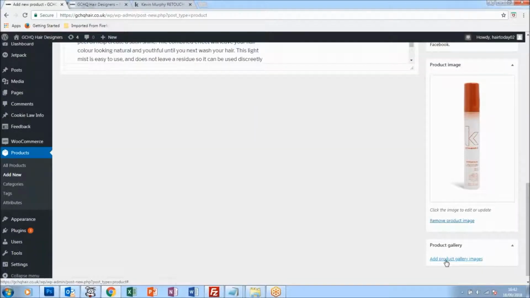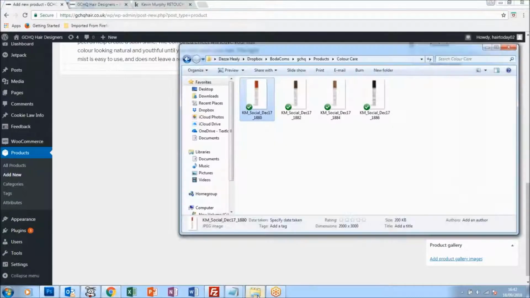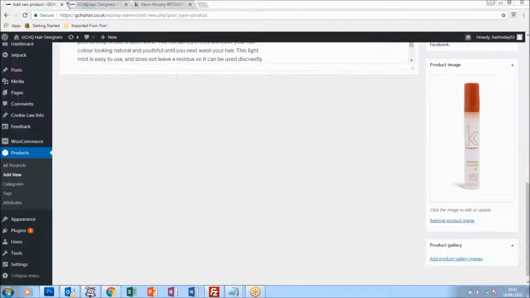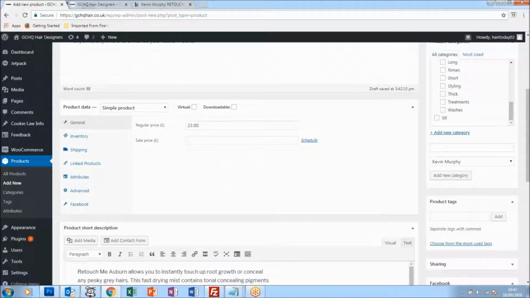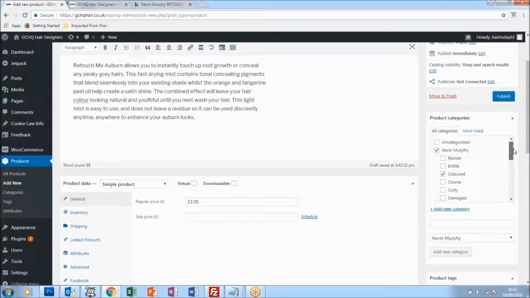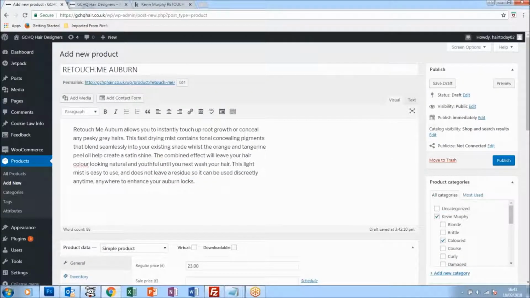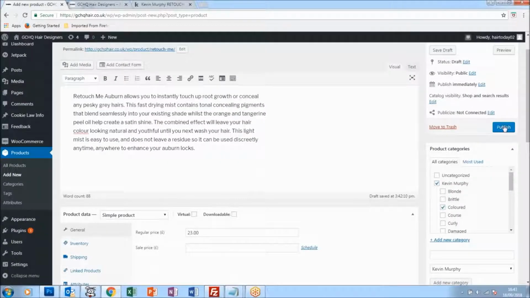Now you can also add additional images. So let's say for this particular product, we have loads of other images for it. We don't, we just have the one. You can then set any other images associated with that product in the product gallery images. We haven't, we just got the one. So let's have a look. I'm quite happy with that. Just going to check my categories. Yep, Kevin Murphy, etc. Happy with that, happy with that. All I do then, click on publish,